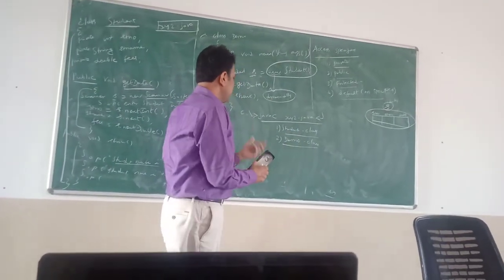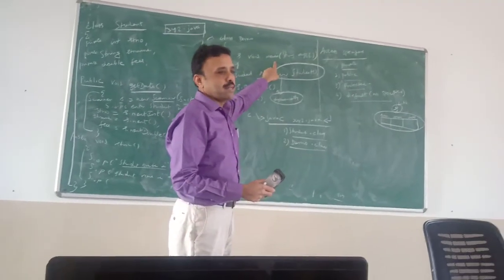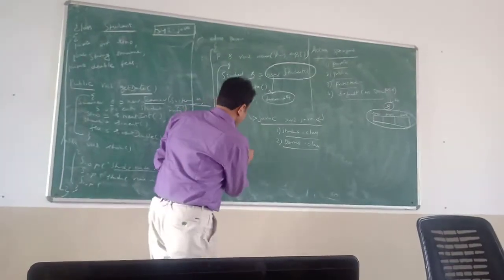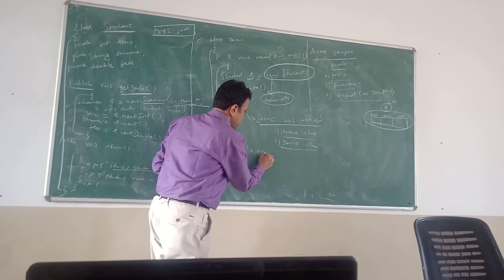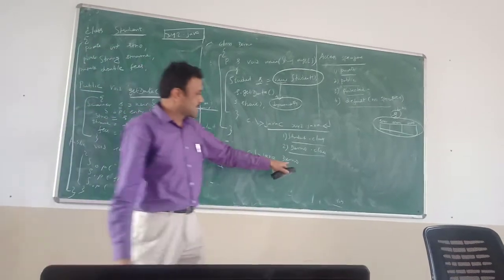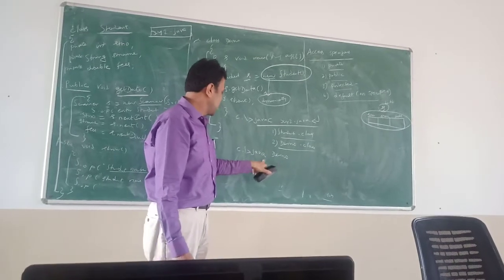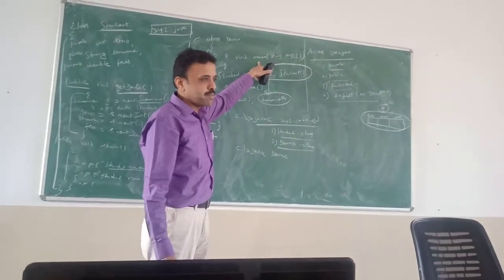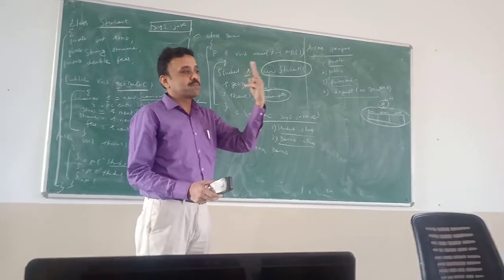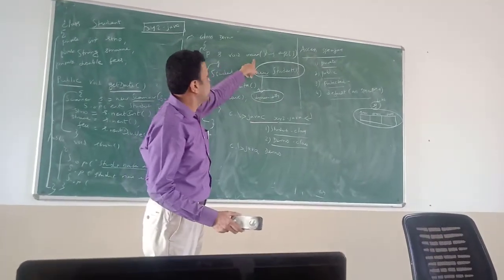Now we need to execute this program. That means we need to invoke the main method. The main method is kept in which class? Demo class. So how do we execute? java Demo. That means this class contains the main method. You need to specify just the class name having the main method. So as a programmer, I need to remember two names: one is the file name, xyz.java, and another is the class having the main method.